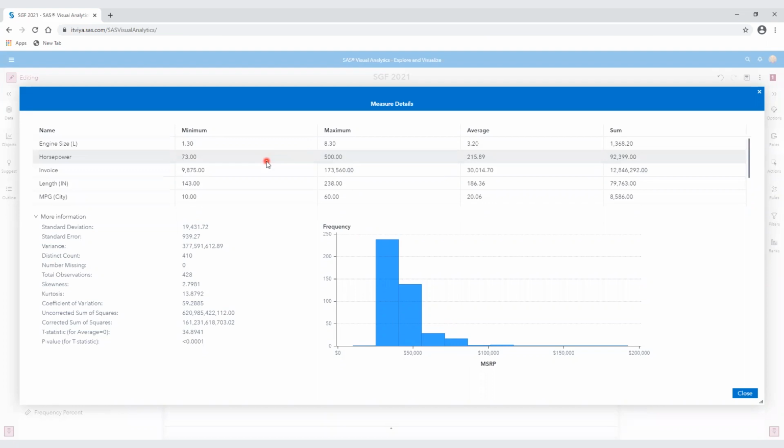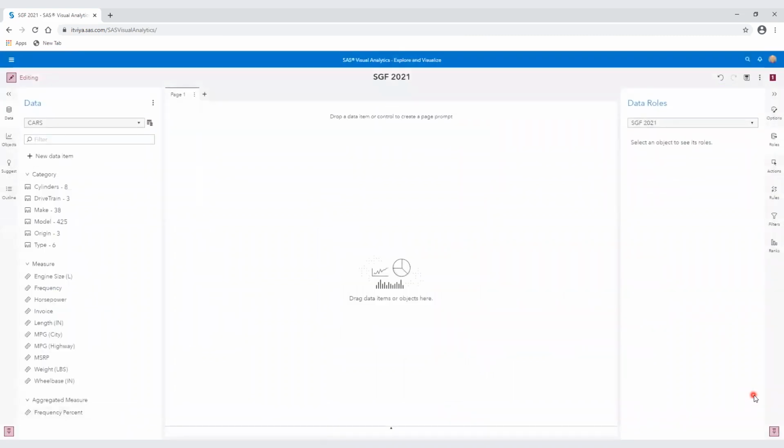So you can do that for each one of the measures. How easy was it to get here? Just a mouse click away, and we got instant statistics. So that's one of the first things that we want to check. There's this measure details window. I'm going to close this window. And again, just to remind you, I got to it from this button here. I just clicked, and then the last item here, view measure details, is how I got those instant statistics.